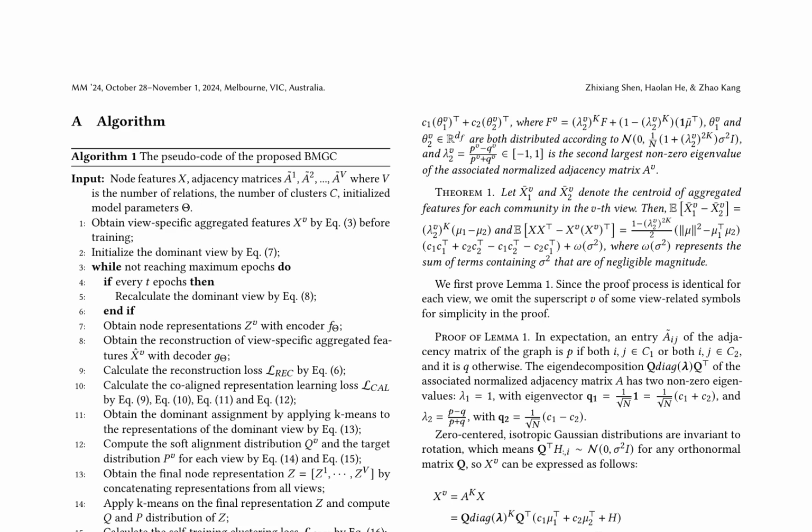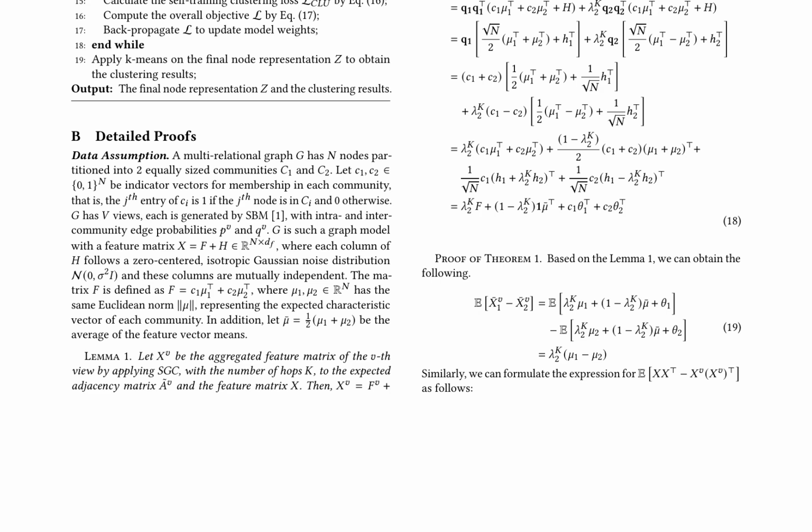The collined representation learning loss, L_core, ensures that the node representations are aligned across different relations, facilitating the discovery of meaningful clusters. The self-training clustering loss, L_street, encourages the clustering of nodes with similar representations, promoting the formation of cohesive clusters. The algorithm's mathematical foundation is rooted in Lemma 1, which proves the equivalence of the optimization objective and the clustering quality. This lemma provides a theoretical guarantee for the algorithm's performance.